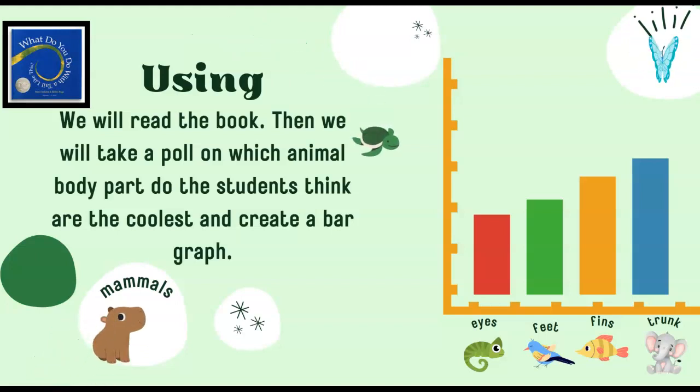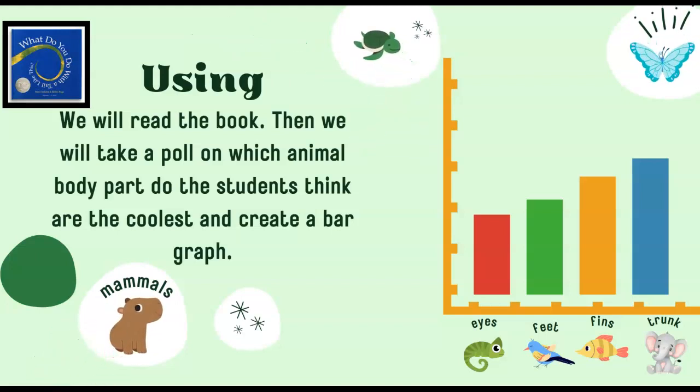So after we read this book, we're going to take a poll on which animal body part the students think is the coolest, and create a bar graph. This bar graph can be in their learning journal, on the floor, or on the board. There are websites that allow you to create bar graphs, but the best part is when they're sitting on the